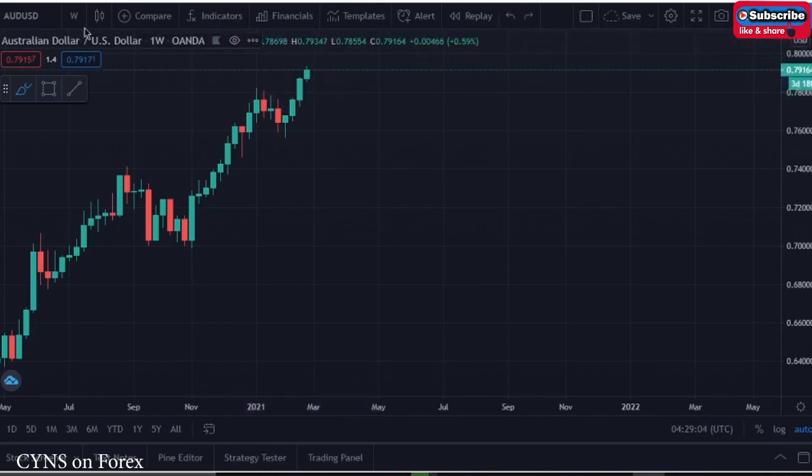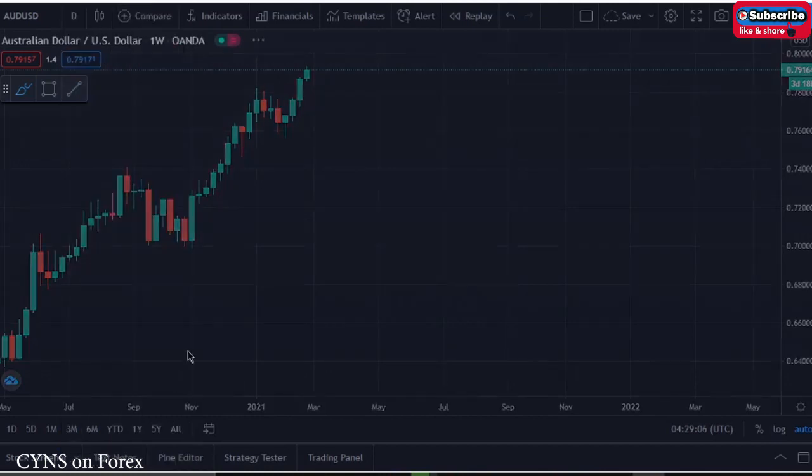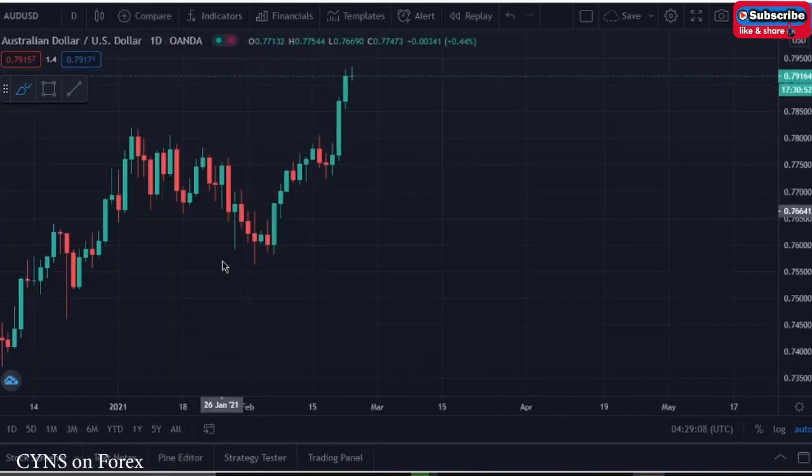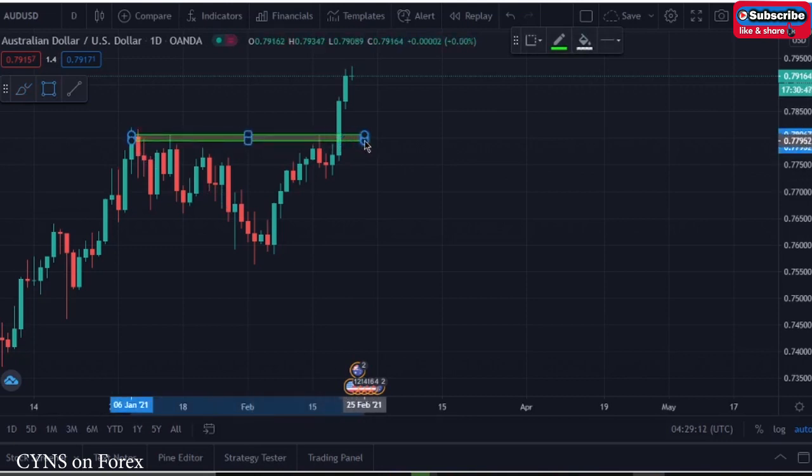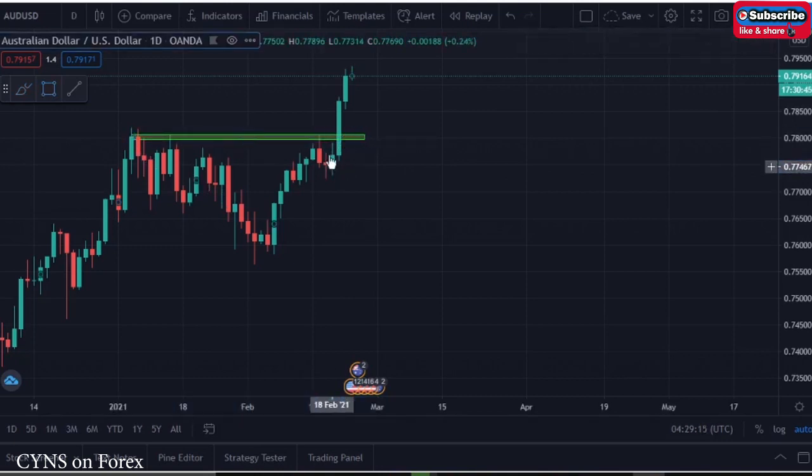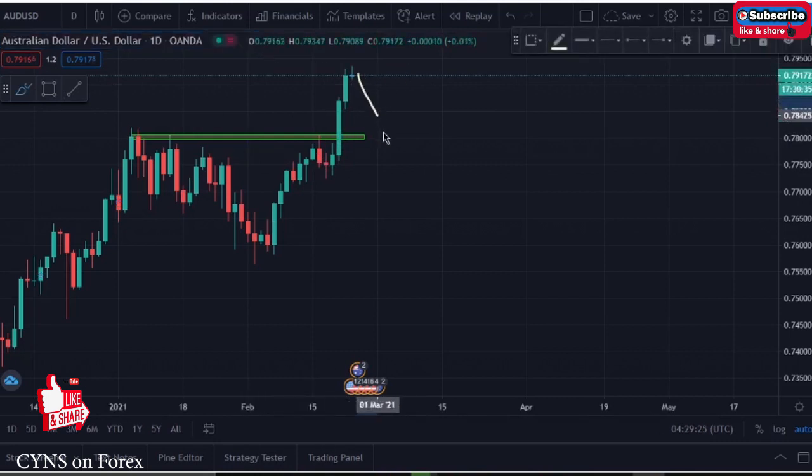Going down into the daily time frame, what do we see in the market? In the daily time frame we can see a nice resistance area. If the market creates a higher high and the resistance area is broken to the upside, that previous resistance area now turns into support. But we can't see resistance in this area, and the market should move to the downside. So now we can expect the market to retest the new daily support area and continue to the upside.